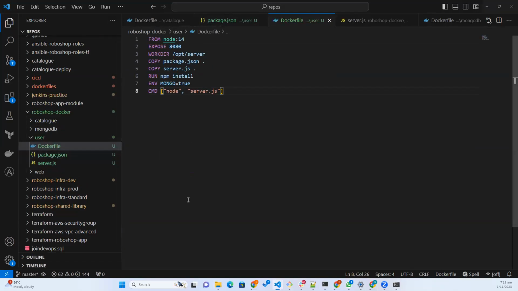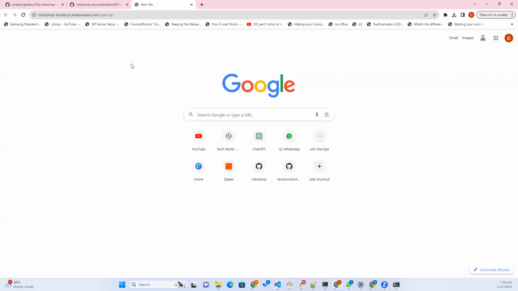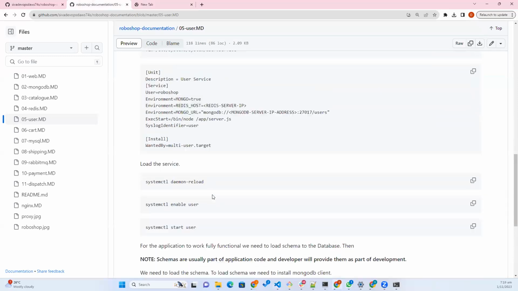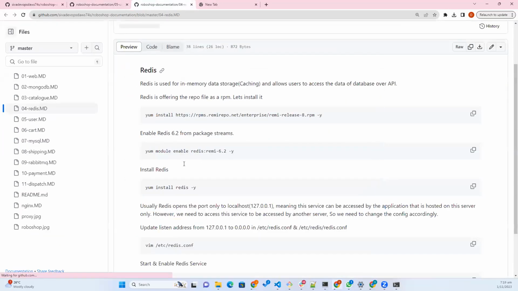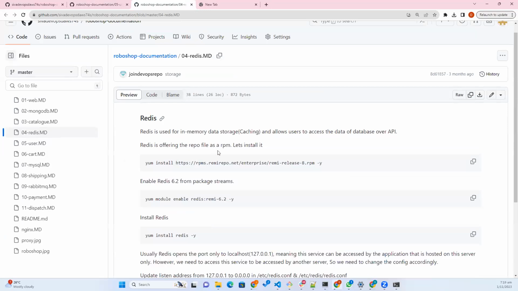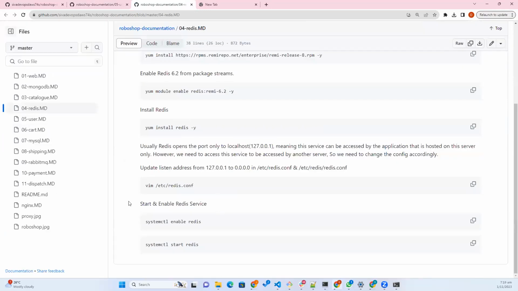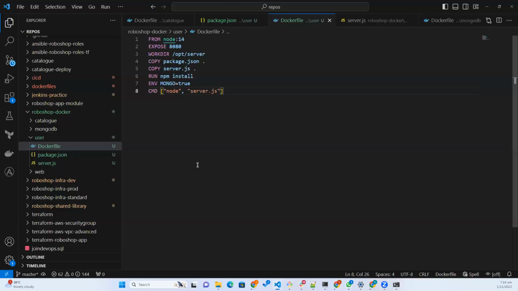Okay, so user is dependent on Redis, right? You can see user is dependent on MongoDB and MongoDB is running. There is no problem, and we loaded the user data also, but it is dependent on Redis also. With Redis, we are not doing anything much. Actually, we are just installing it, that's it. So it is fine. What you can do here is